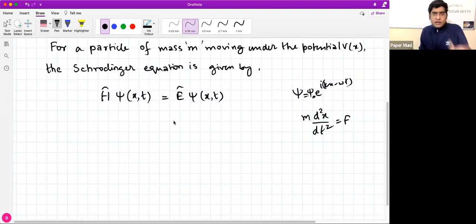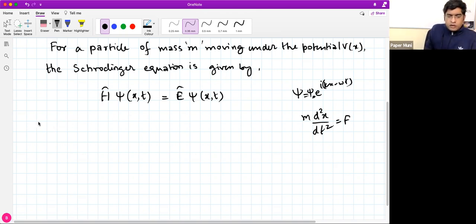Even HC Verma in his book says that my seniors told me that it works, and then I read in many books that it works, so it is taken as it is. There is a proof, but we don't need to get into that. If you are trying to prove it just by taking the wave equation, it is not exactly a proof. Proof means being able to create this equation from some basic principles. That is the derivation.